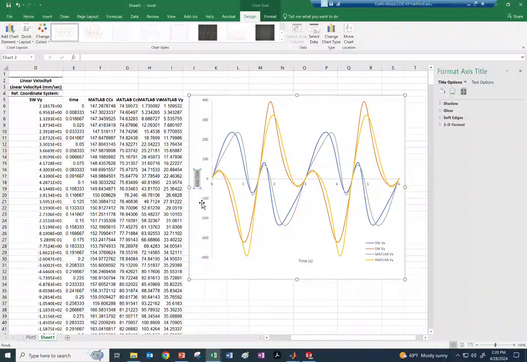For this title right here, you could write just velocity. And you could, if you want to, add point P, or you could just make it velocity. And then make sure you're clear these are millimeters per second. All right. And finally,